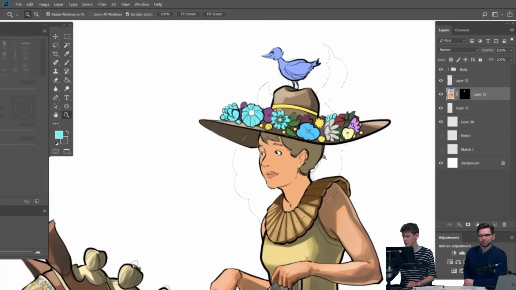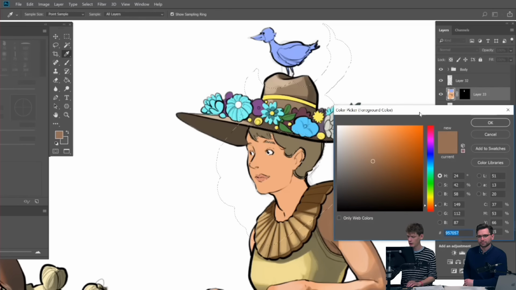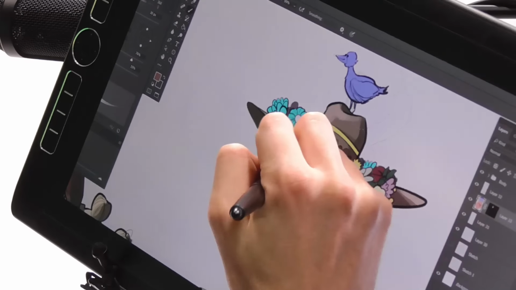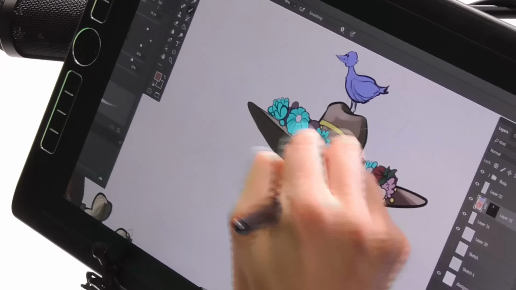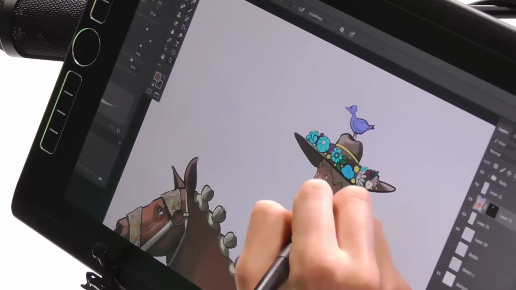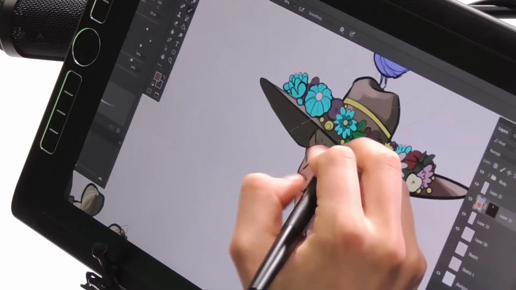I'm going to select my skin tones there. I'm not going to worry about making a new mask. I'm just going to keep it nice and quick. Select the color that's in shadow. I might get a slightly softer brush. And then I'm just going to paint the shadow from the hat in there. A little bit under the chin, a bit under the nose. It's looking all right. Maybe I'll add just a little bit of a highlight.